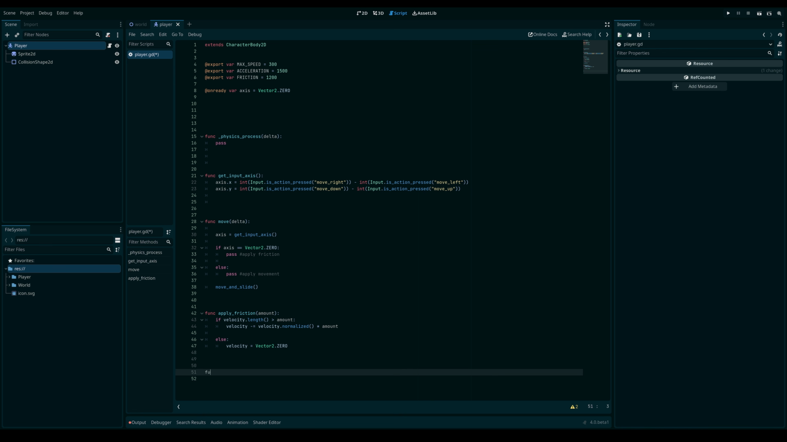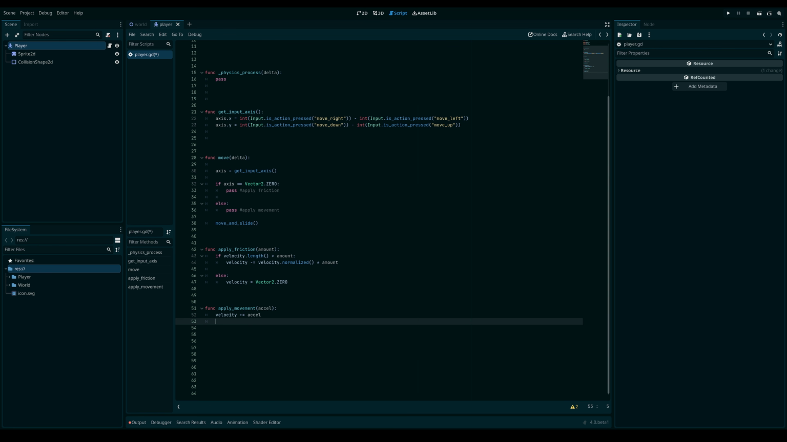Next up, we will add a new function called apply movement, and inside of here we will require an amount, but we are going to call this accel, which is short for acceleration. It's just easier to type, and we'll only need two different lines in here. So the first one will be velocity plus equals accel, which will add our acceleration to the velocity, and the next line will be velocity equals velocity dot limit length, and we will pass in the max speed, which is